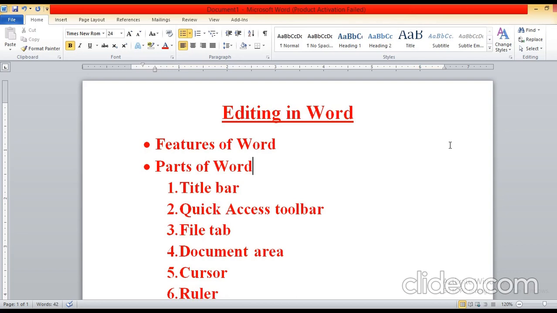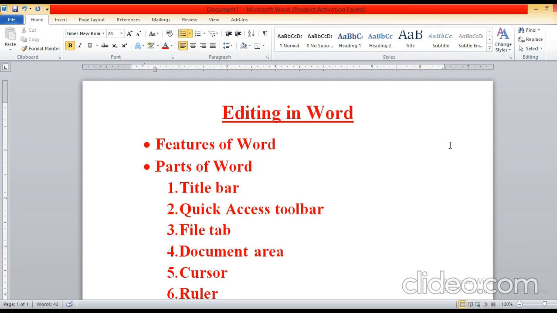If you want to do any editing in your document, you can do it on your mobile phone by installing that app.